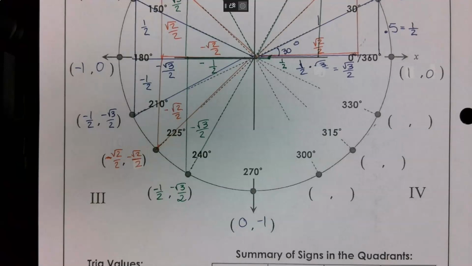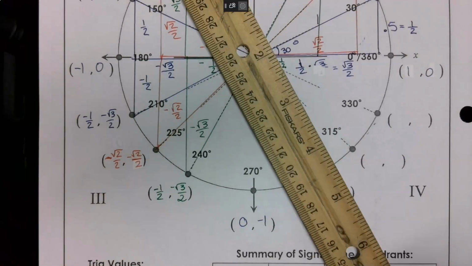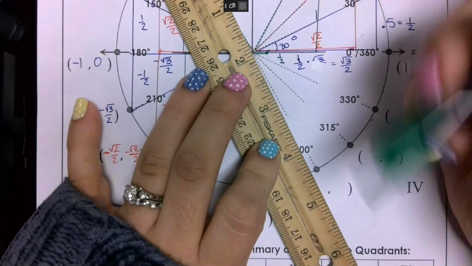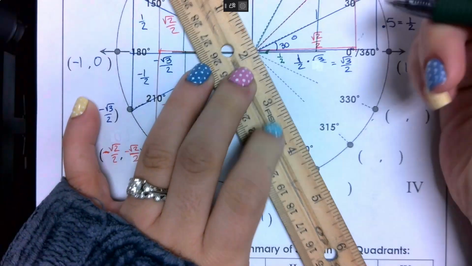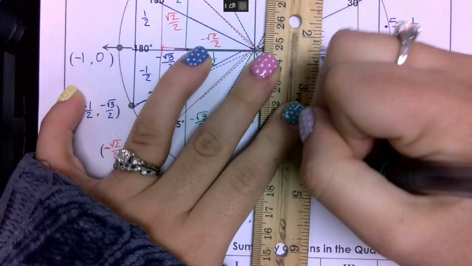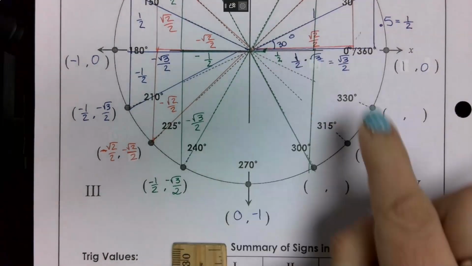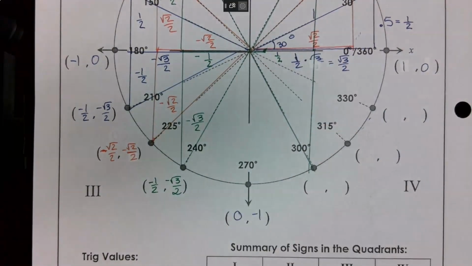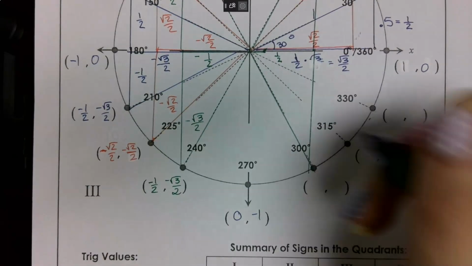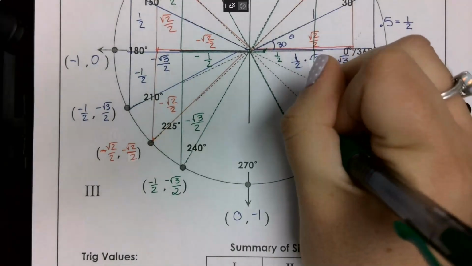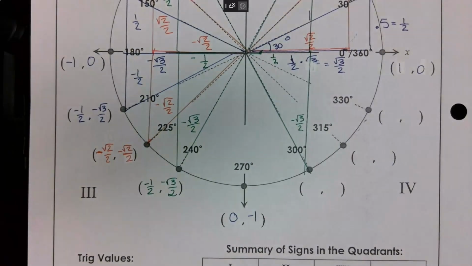Okay. Then I have 300. So I have this length already labeled. That's 1/2. And then my distance from the x-axis is negative square root of 3 over 2. Okay. So my coordinate point here is